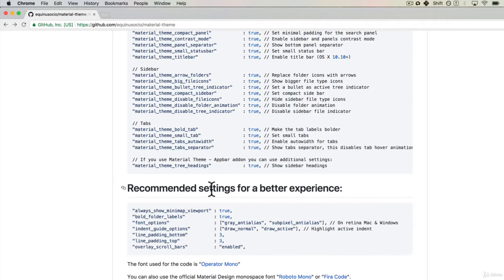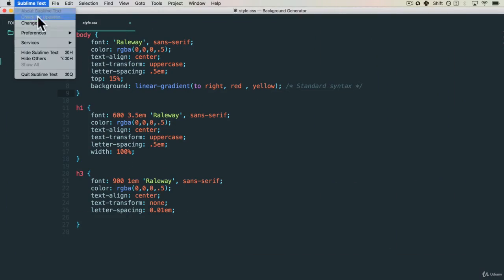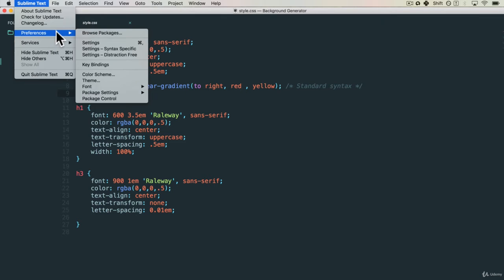And they have recommended settings for a better experience. I'm actually just going to copy this. Where do you want to put this? Well, if you go into Sublime Text Preferences and you go into Settings,